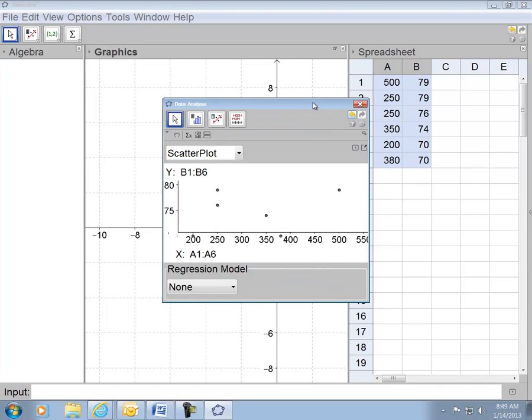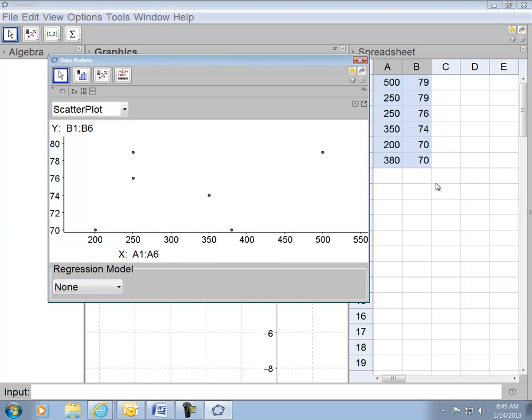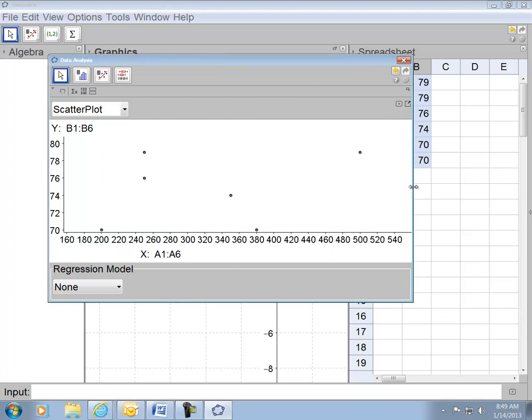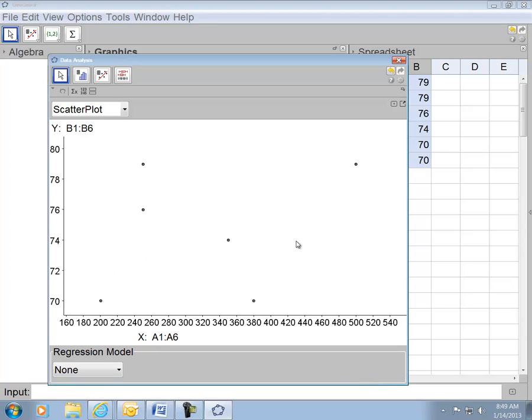And notice that it pulled up a new screen. I can make this one bigger, however I want. It's graphed those in a scatter plot like I've requested. So this is what I want you to do. Notice it says scatter plot. And so now I want you to copy to the clipboard, and then